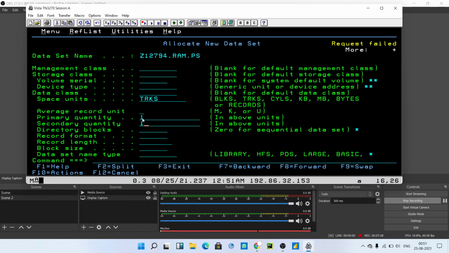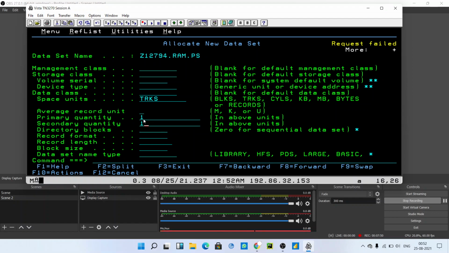Actually primary quantity is nothing but whenever you are going to write anything, it will take some space, right? So initially, what the memory management of the mainframe does is provide you the initial memory, that is the primary quantity.